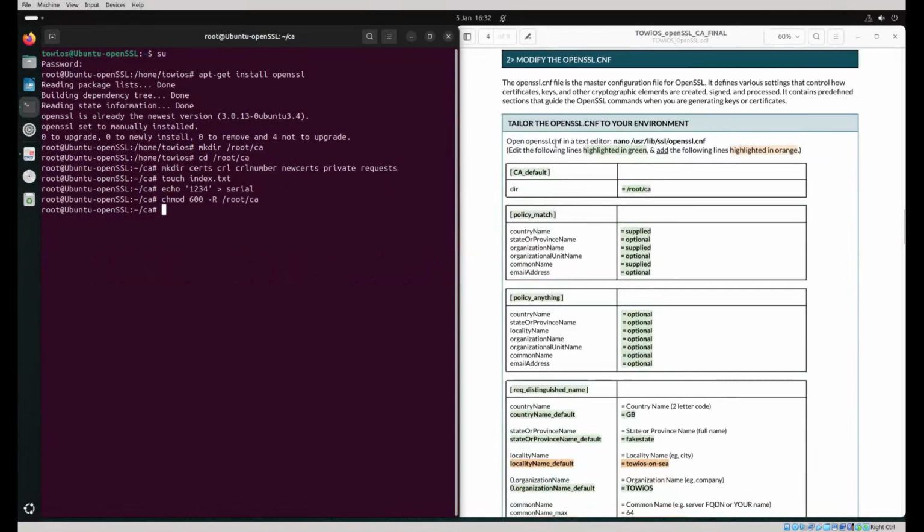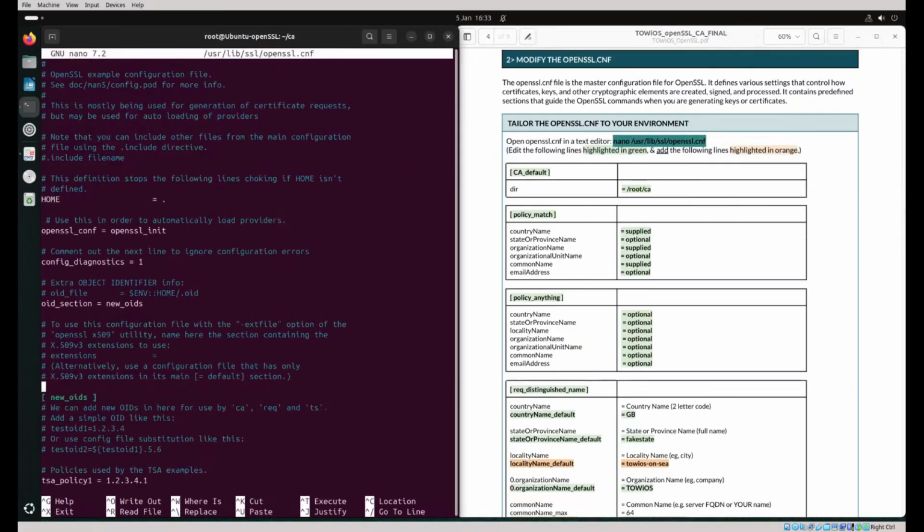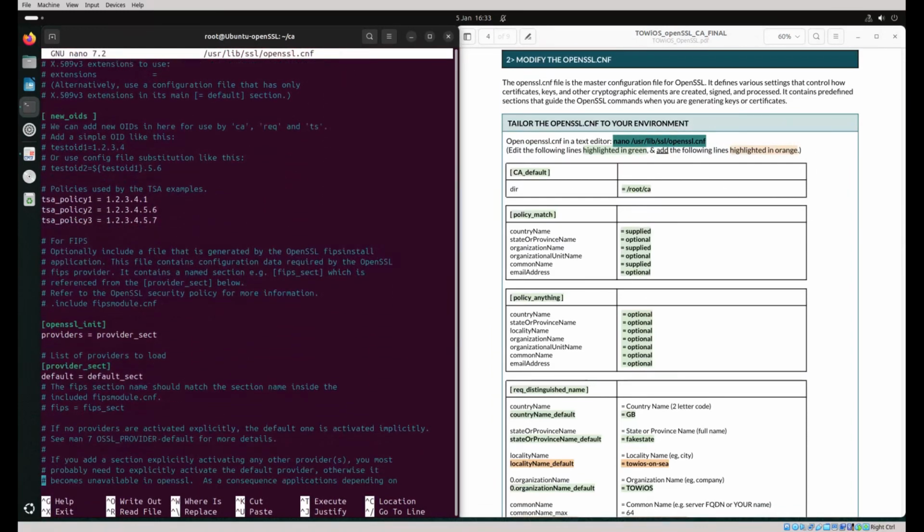Next, we want to modify the openssl.cnf. This is the master configuration file, and this defines various settings that control how certificates, keys, and other cryptographic elements are created, signed, and processed. It does contain predefined sections, and anything in green are our edits, anything in orange are additions. So to edit the openssl.cnf, we'll grab this command, paste it in. So if we scroll down to the CA default section,